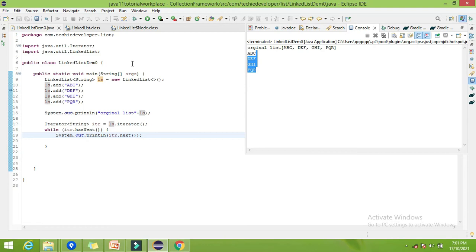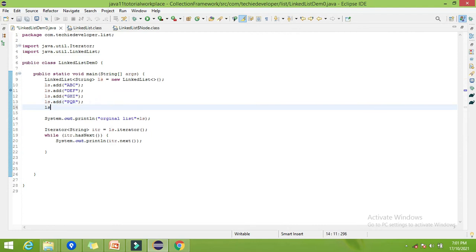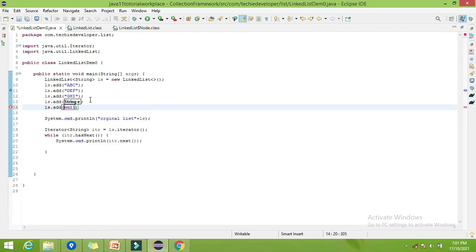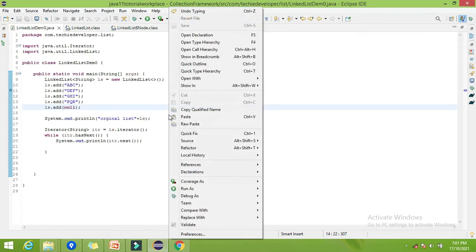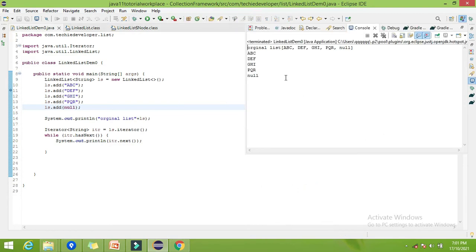Now let's try to insert a null element inside the list. So ls dot add, let's try to insert null, to see whether this linked list will allow null or not. Now let's try to print. Here you can find ls is inserted properly and it is also iterating properly, which means we can add the null element.